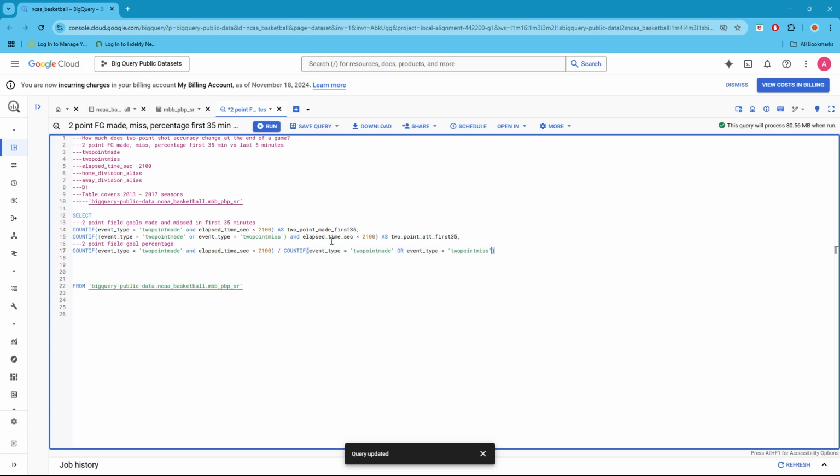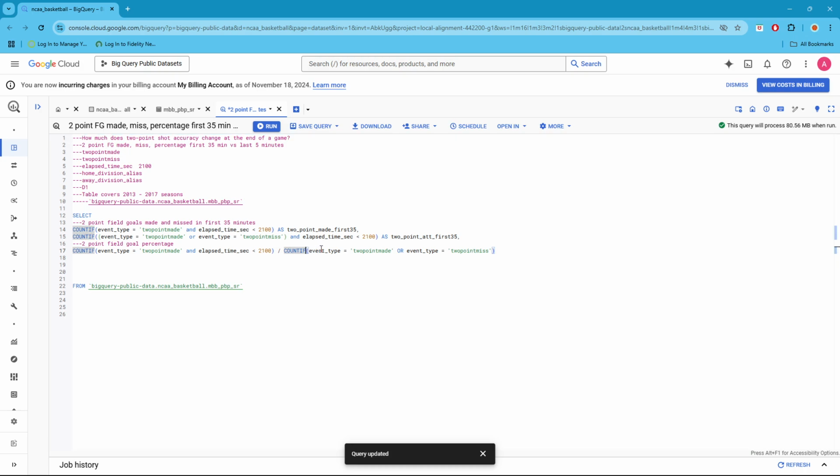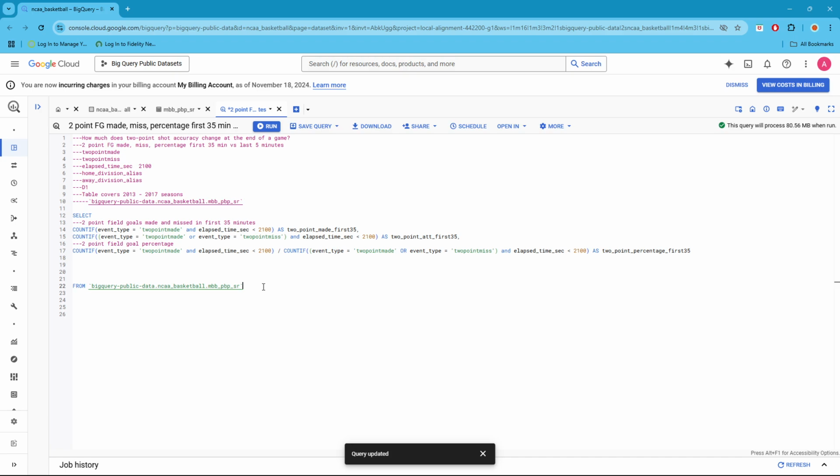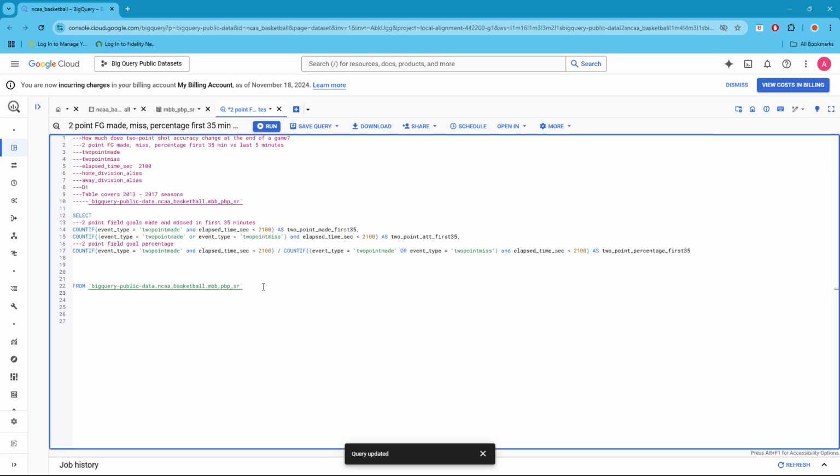And then we'll also have to add in another open parenthesis over here. We'll paste in our elapsed time and close parentheses, as 2-point percentage first 35. Okay, let's run this, but before we do so, I feel like it would be best